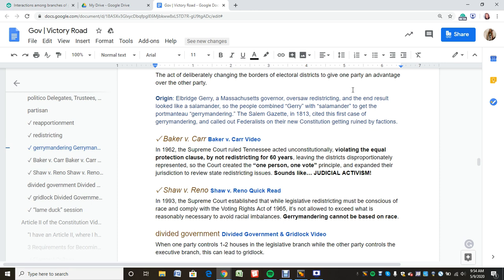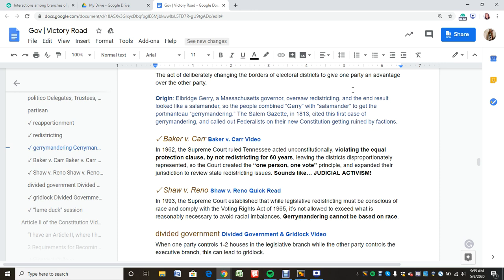Basically, Tennessee was dividing the districts disproportionately, and that was making it so that voters were getting their vote diluted, and so they brought that case to the Supreme Court, and they decided that in the state of Tennessee, you can't dilute someone's vote. So if you can prove that someone's vote is being diluted, that's going to violate the Equal Protection Clause. And so they clearly violated the Equal Protection Clause because they did not redistrict for 60 years. So they never reapportioned the population and then they never redrew the boundaries.